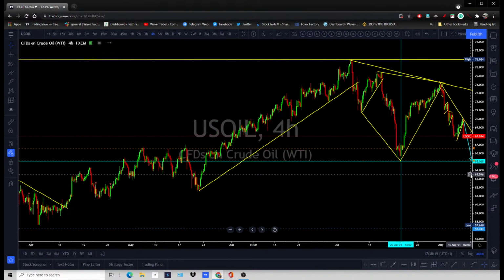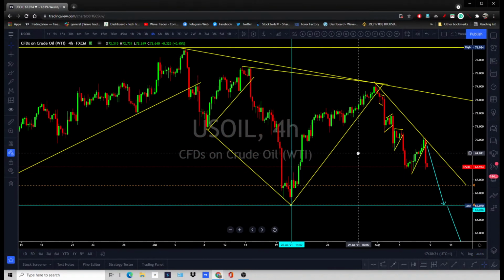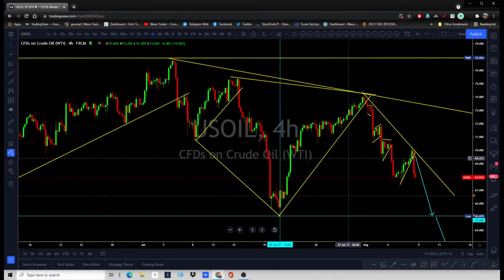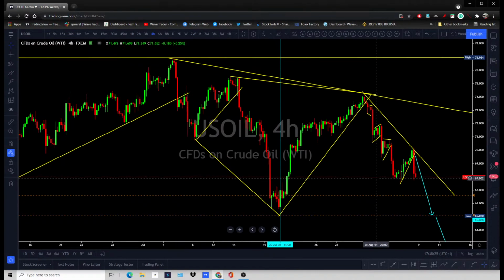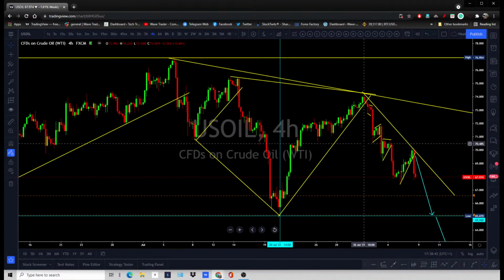Any pullback you see over there, back to the 76 or 80 prices, watch price action and watch this go down in the longer run, all the way to 40 or 35 areas. The average price we can see on the WTI is going to be 50, 60. For the longer term, yes, but an aggressive sell can go up to 35 or 40 areas.